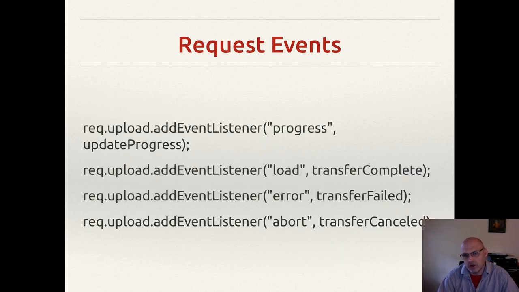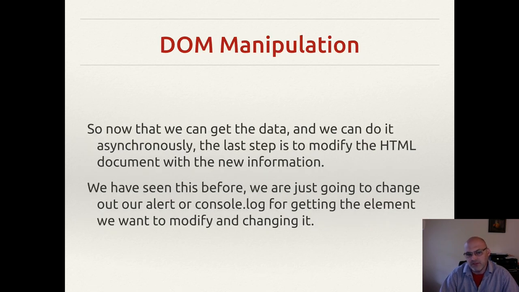There are other request events that we can use as well. You've probably noticed those little swirling wheels or other interesting visual effects that often things are given when asynchronous actions are happening. You can use those with the progress event on the request, because it will get updated as progress happens, and then if you want to show a little bar going across, you can do that. There's also an error event, so you can look for errors, and an abort event, so you can look for abort as well. All right, let's see what we can do with a little bit more usefulness